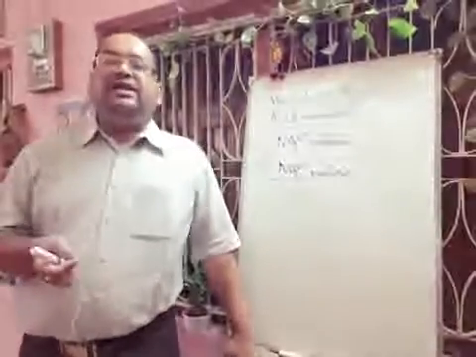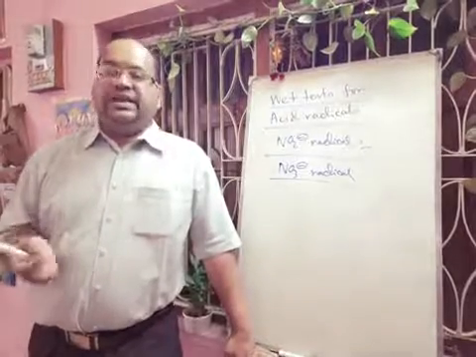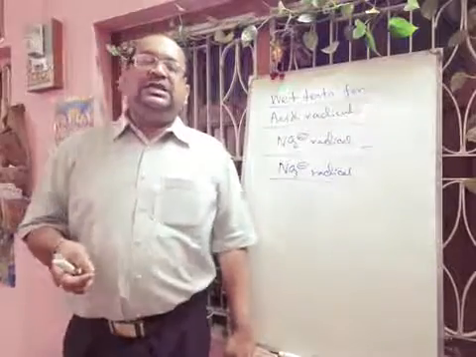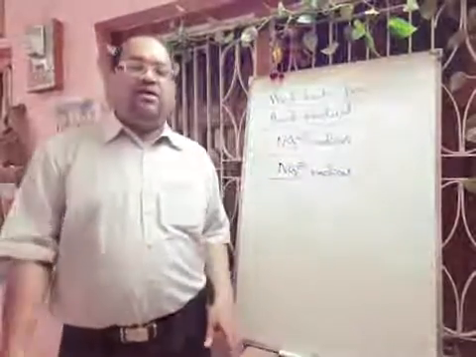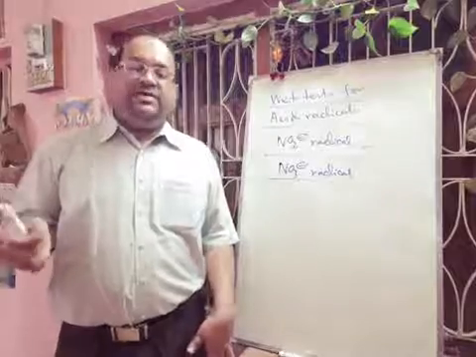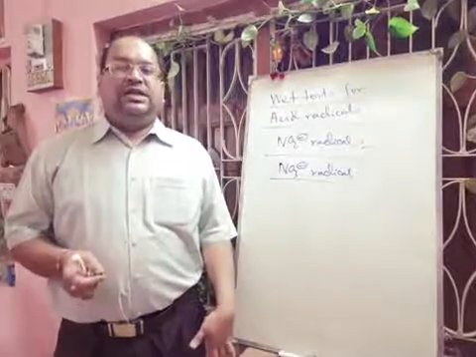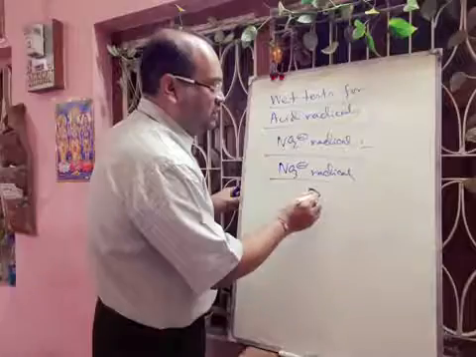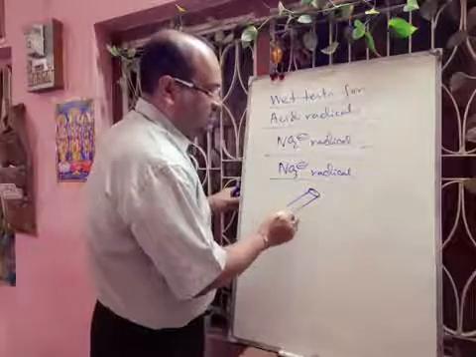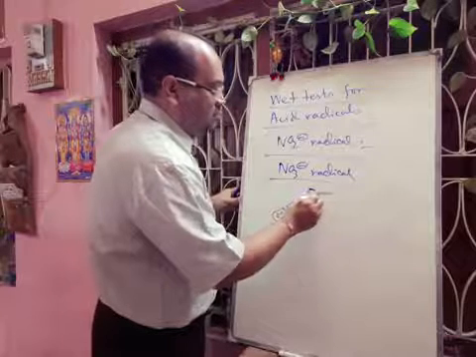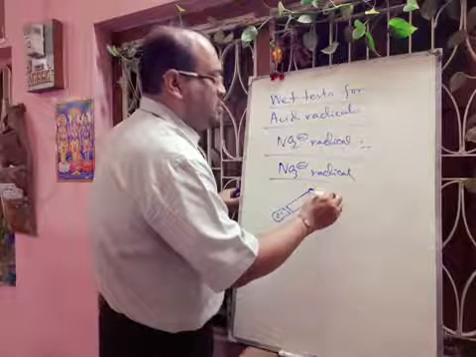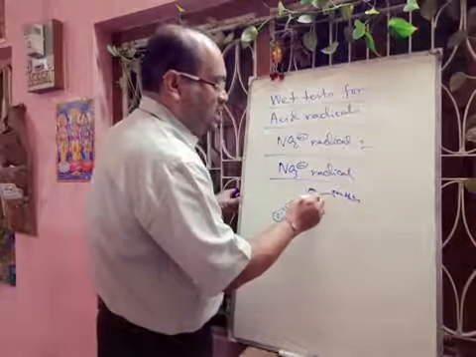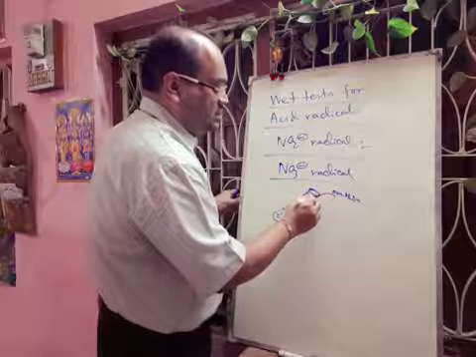Another very important reaction is the brown ring test. First take the sodium carbonate extract, add dilute acetic acid and boil so that the carbon dioxide is boiled off. Then cool it and add freshly prepared ferrous sulfate solution. Take this solution in a test tube held at a 45 degree angle, like this. Then, from a beaker or bottle, add concentrated sulfuric acid drop by drop to the side of the test tube.